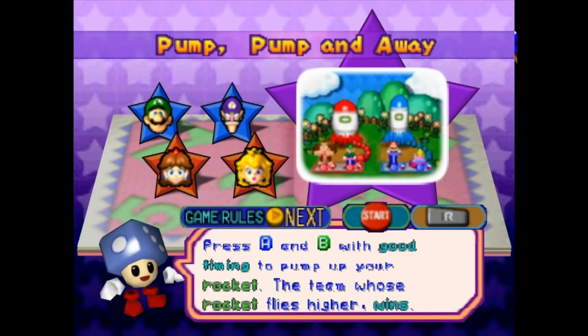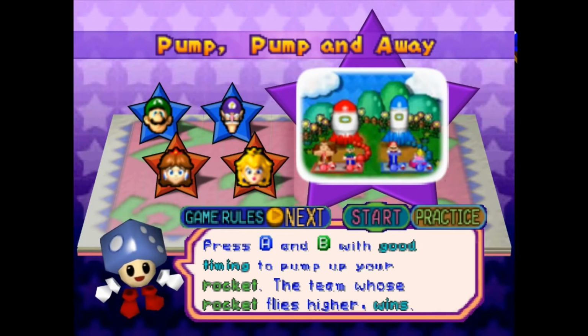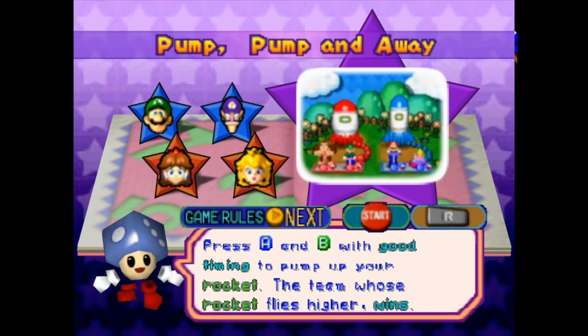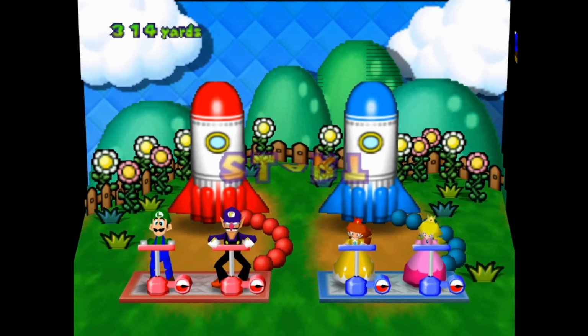Wow, there really just is Luigi's floating body in the corner of the top right, isn't there? Press A and B with good timing to pump your rocket. The team whose rocket flies higher wins. So, in this one, your pump is going to be glowing when it is the right...